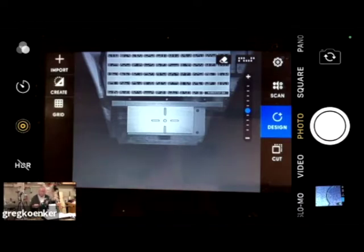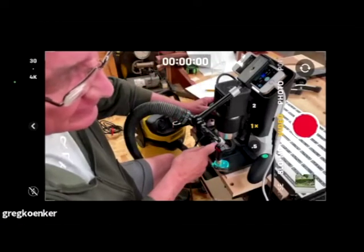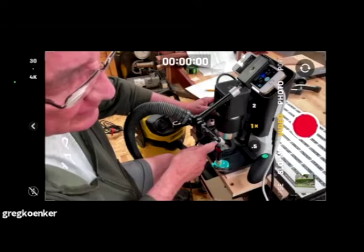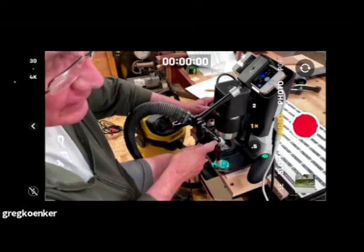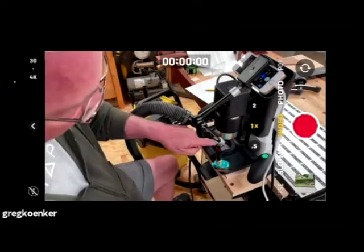So I'm going to show you, hopefully you can see this. I'm going to take the little chip cover there out. And I don't know if you can see the bit in there now, right down here? Probably not. Your image is really small, Greg. Is it right here? Can you see that? That's better. Okay. You'll see when I go to do the grid, you'll see that bit go down,